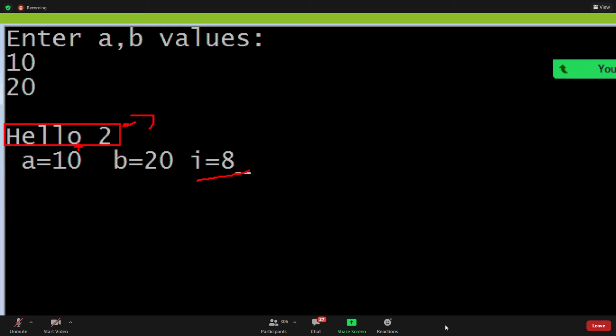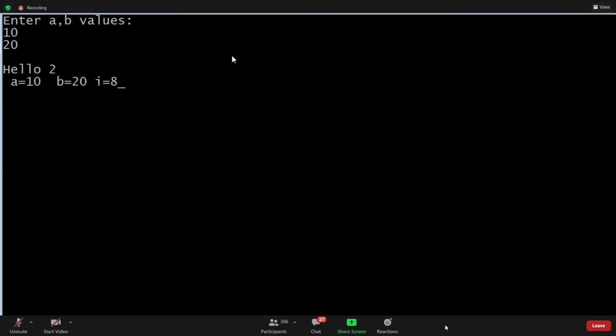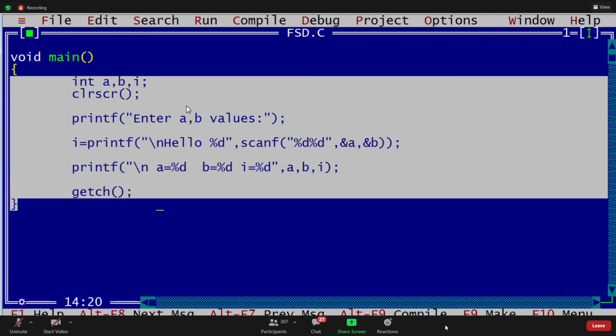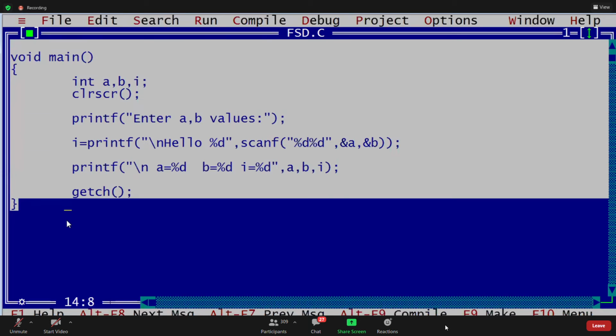Slash n is 1. 8 characters, right? I is 8. Yes, clear? Next.